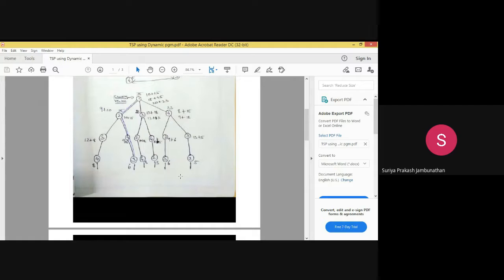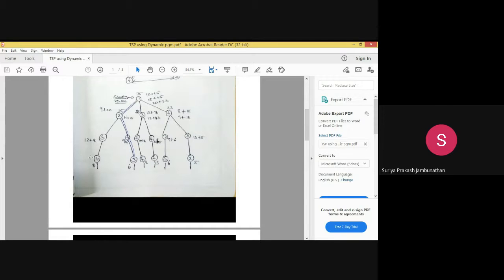Okay, next we are moving to the next subnode, that is the first level subnode we are making. For making this first level subnode, we are calculating the distance from the node to the leaf node and from the leaf node to 1. That calculation we already did. So from 3 we have to reach 1. How will we reach 1 from 3? 3 to 4 then 4 to 1. 4 to 1 we already calculated, that is 8.